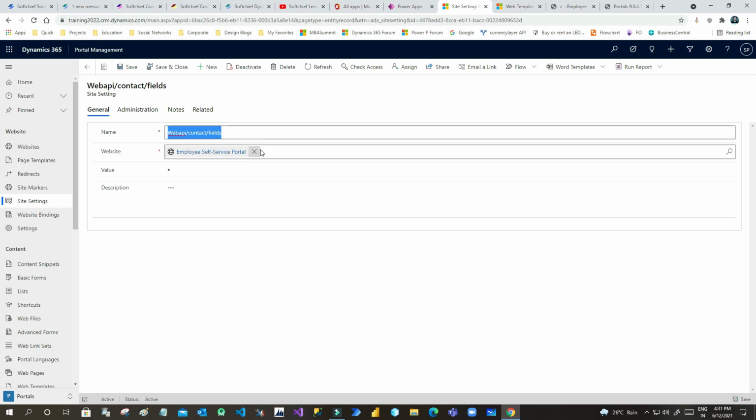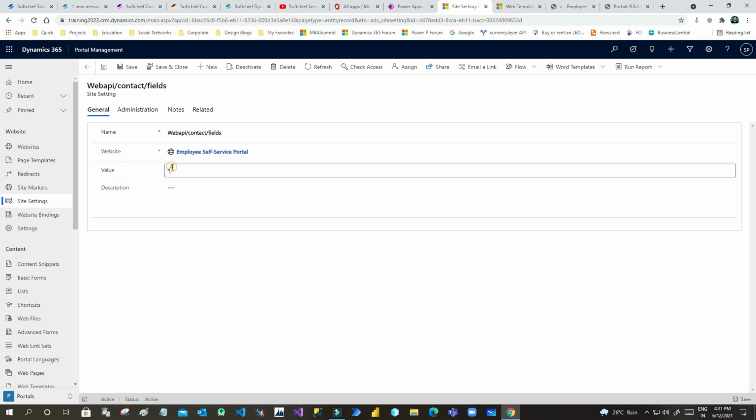Select your website, and in the value you can specify attributes comma separated, like first name, last name, like that. Otherwise keep it as star, so that you can interact with all fields through web API. I recommend using star, because sometimes whenever you change some fields in your web API code or web template code, if you do not update this, it will throw an error and it will not work. So to be on the safe side, initially keep it as star. You can change it later.